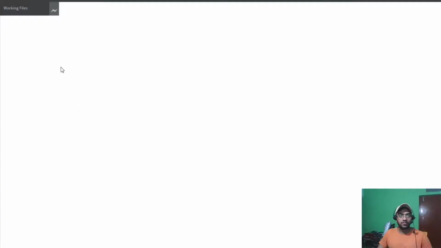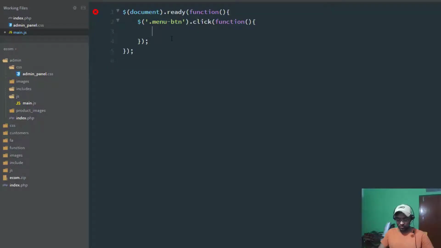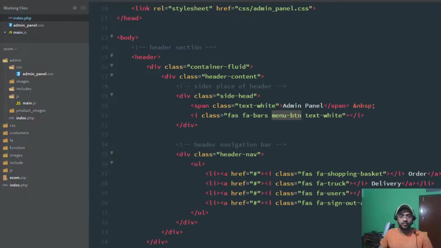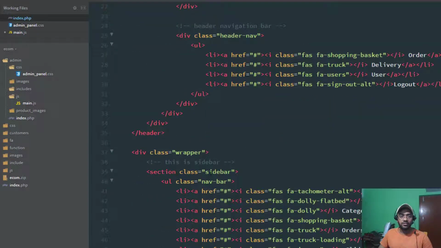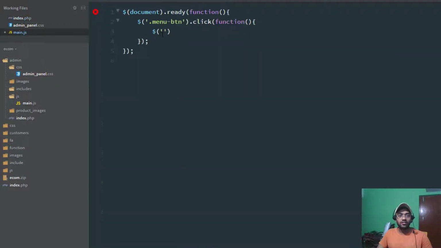So dollar, and what is the selector name of the sidebar? Let's see. It's a dot sidebar. Okay, copy, and dot sidebar, and